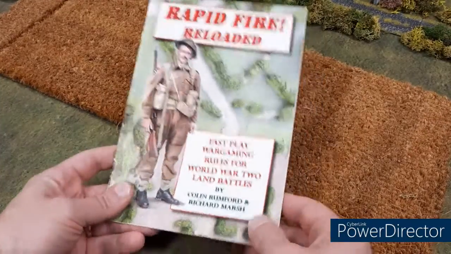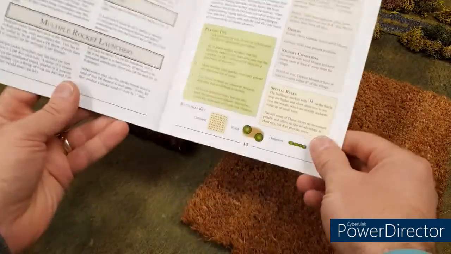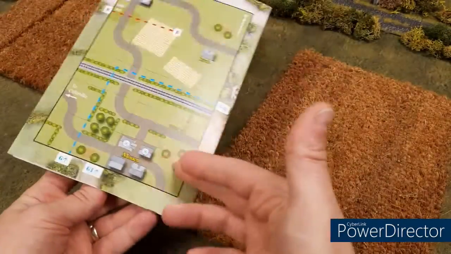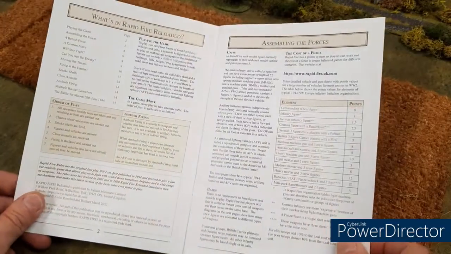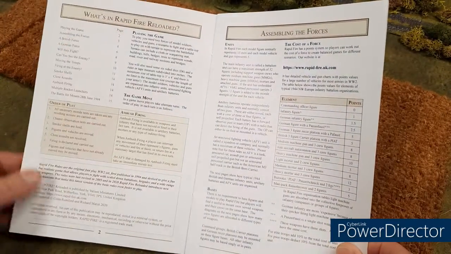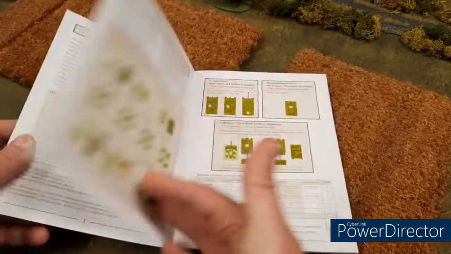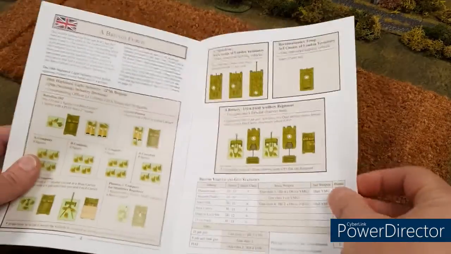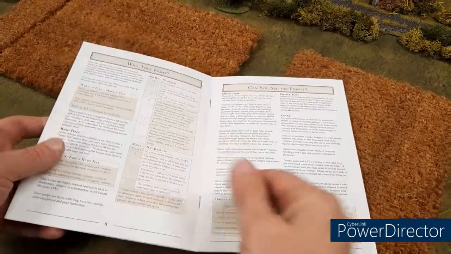Yeah, so how many pages we got there? 15 pages, 16 including the back cover. We go through playing the game, the order of play, assembling your forces, some points values there, an example British force, an example German force, and then the rules go